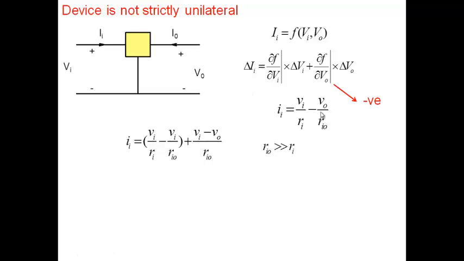is an additional term. Now note, as I said, the dependence of this current on the output voltage is very small, which implies that this resistance Ri0 that you see here must be very large. So what we are saying is that Ri0 is much, much larger than Ri. So if you would like to approximate, you can neglect this entire term and you get back the original model. So that's one approximation. Keeping in mind that Ri0 is so much larger than Ri, I consider Ri0 to be almost infinite and then we are back to the input current as Vi by Ri,